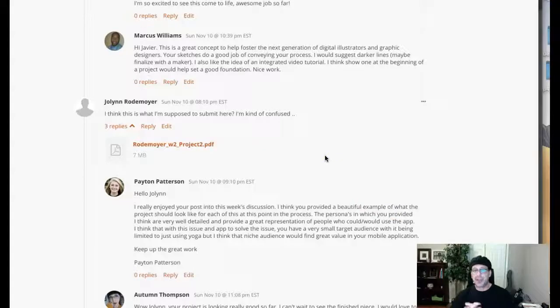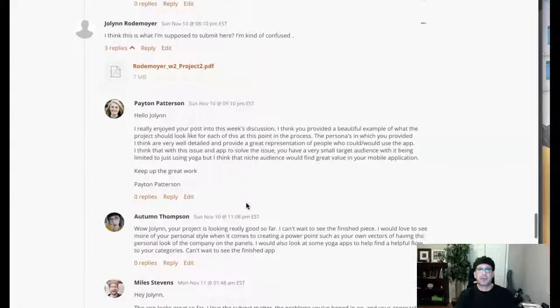I will definitely admit that the setup is a little difficult to understand, as long as we make the distinction between Project One and Project Two. Project One is the actual process book. Project Two is all of the work that goes into building the prototype for the app. Okay, so it seems like you've got that well squared away,